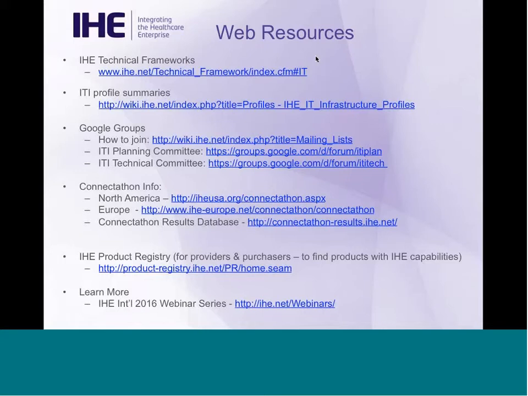And in conclusion, just to circle back to the beginning where Ben talked about the IT infrastructure profile being the underpinning of all of the domain-specific, clinical-specific profiles. I just wanted to share a few numbers with you from last year's North American Connectathon. We had just over 120 test systems, which represent product implementation from 82 different companies and organizations.